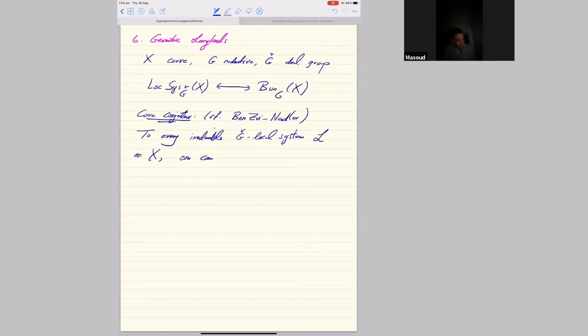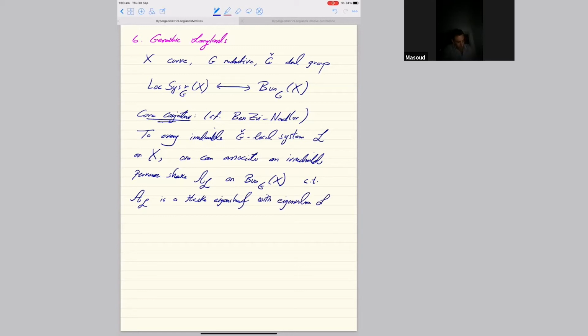one can associate an irreducible perverse sheaf on Bun_G X. Let's call this perverse sheaf A_L, such that A_L is a Hecke eigensheaf with eigenvalue L. Okay. So now, just a comment before we move on is that if your curve is not complete, then